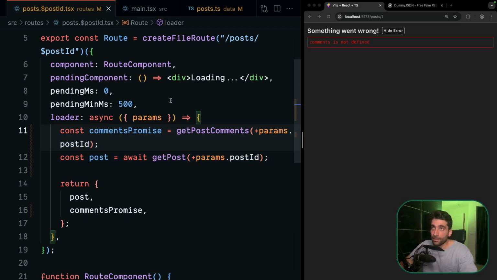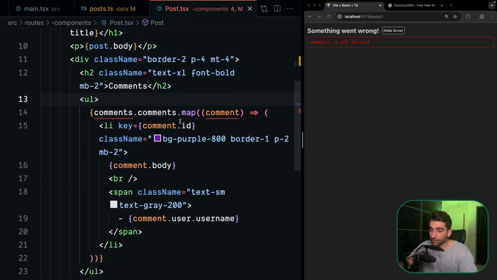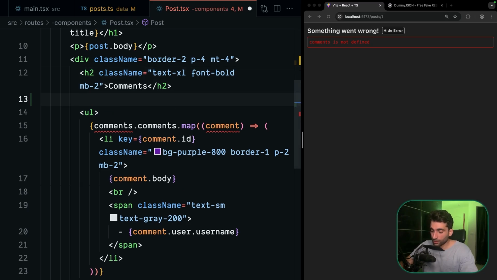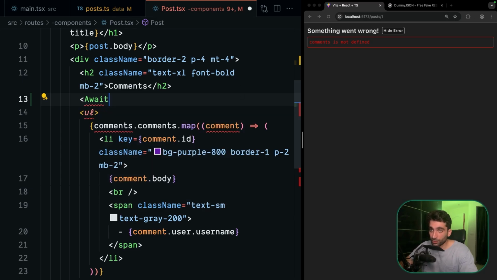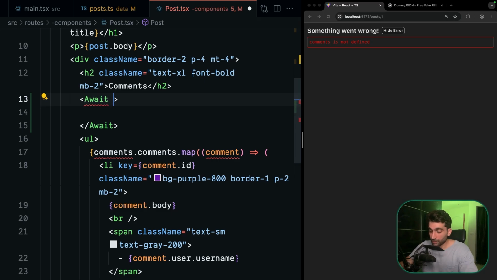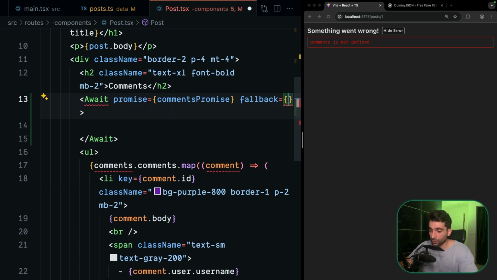All right. But now let's go back to our post component, and we have a component provided by TanStack Router called Await. So in here, let's put a component called Await that we can import from TanStack React Router. And in here, we can pass a promise that we need to await. So in our case, the comments promise. We can also pass a fallback that is going to display until our promise resolves. So you can also put a